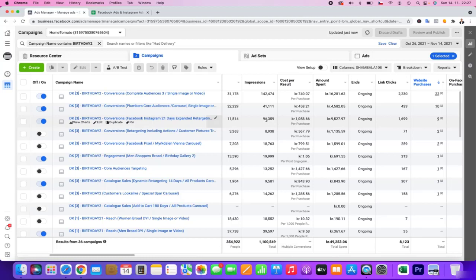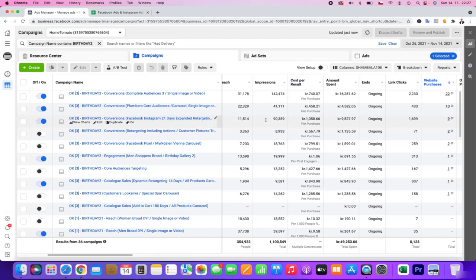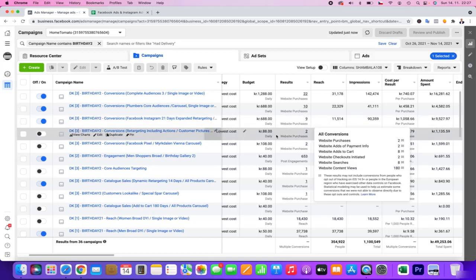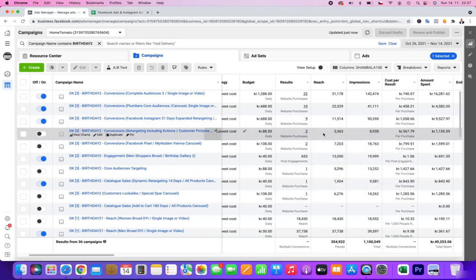People saw different ads more than 9 times. It means that it's not necessary to use such a high budget for retargeting engagement for Facebook and Instagram. And also this retargeting is quite okay with budget, but can be also lower.